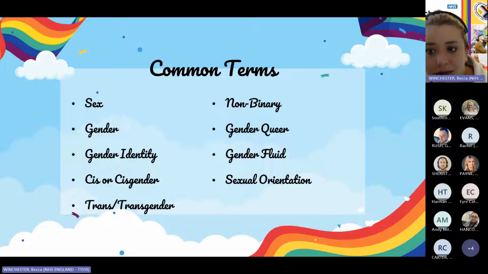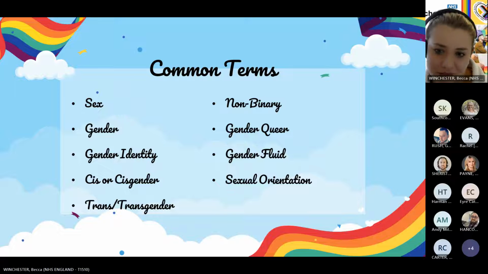And unless you have a specific issue with adolescence or puberty that leads to a chromosome test, sex is usually entirely decided by genitals. But in fact, there are actually 5 things that define this, including chromosomes, but they're not necessarily how a person identifies. So does anybody know what those 5 things are? Shout them out at me, because I can't see any hands. And if you don't know, say you don't know.